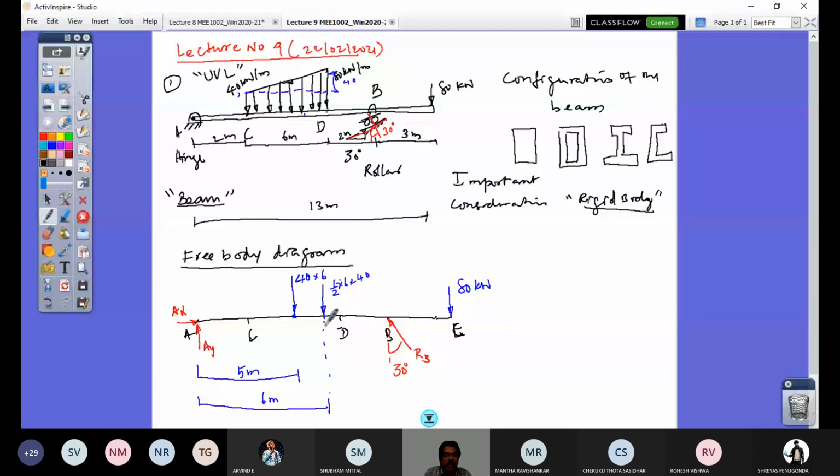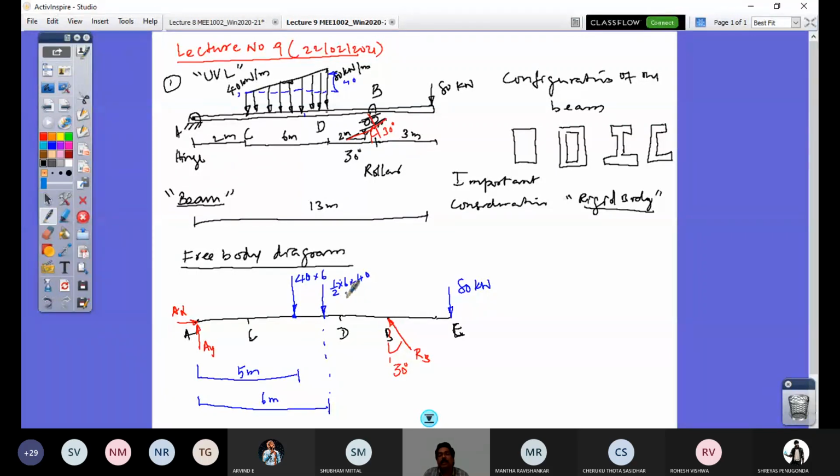I just asked that question for that purpose. So here it is not a concurrent system. It is not a parallel system. It is a general system of forces acting on this. Since it is more than 3 forces, not concurrent, Lami's theorem application here is not viable and not suitable as well. We cannot apply that here. So it's a simple case where I can apply only the conditions of equilibrium to solve for these 3 unknowns.